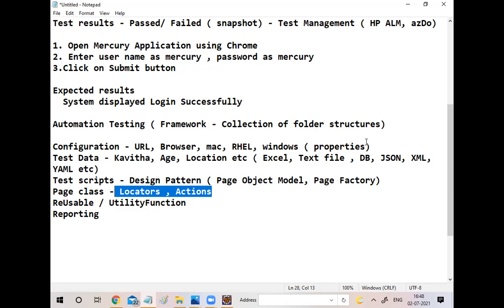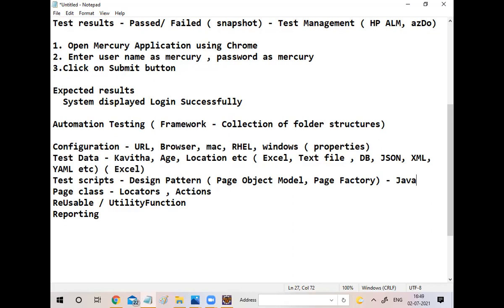So this property file I'm keeping. Test data also you can keep in the property file or Excel, anywhere. Test scripts also you are going to write with the help of Java. There is no written rule that you need to use Java.